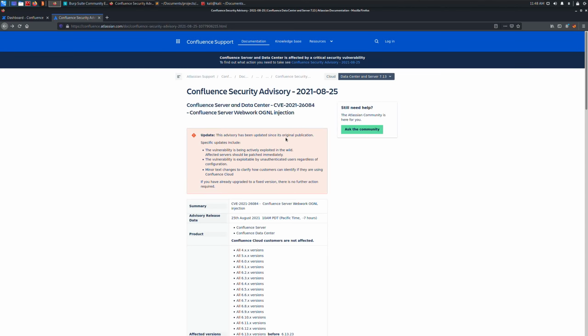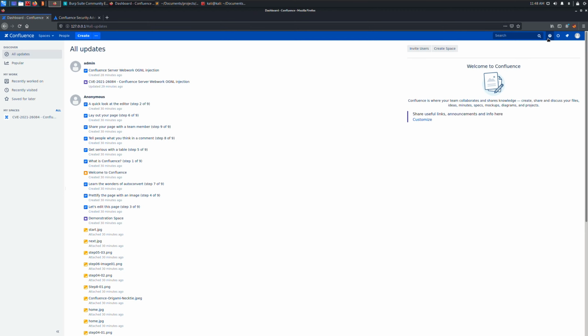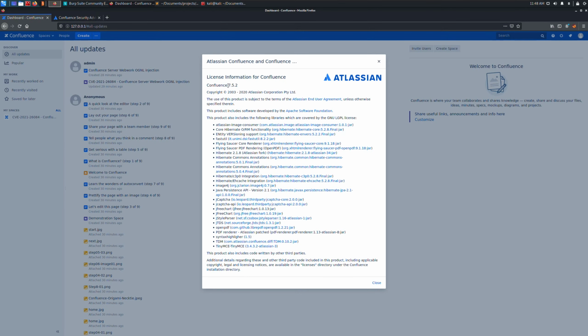Next I'll be showcasing the recent critical vulnerability released affecting Confluence Server and Data Center. This critical vulnerability will allow code execution for all unauthenticated users by simply sending a POST request to the vulnerable host. For our lab setup, we'll be running a Docker instance of Confluence version 7.5.2, as well as just redirecting